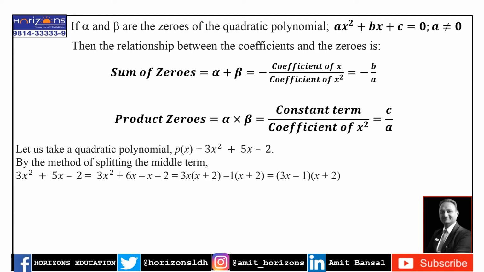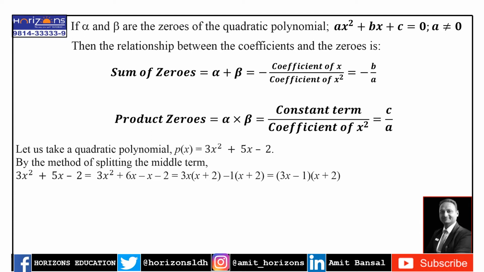Let us take a quadratic polynomial. Px is equal to 3x square plus 5x minus 2. Now if by the method of splitting the middle term I solve this polynomial, or I factorize this polynomial, I get 3x minus 1 into x plus 2. I'm not going into much detail of how to factorize by splitting, because that is something that we have been doing since 8th standard. So I just directly say that the splitting gives us this factorization 3x minus 1 into